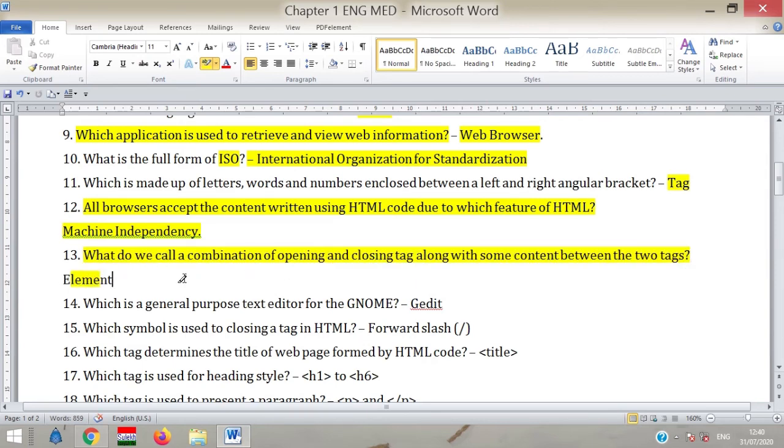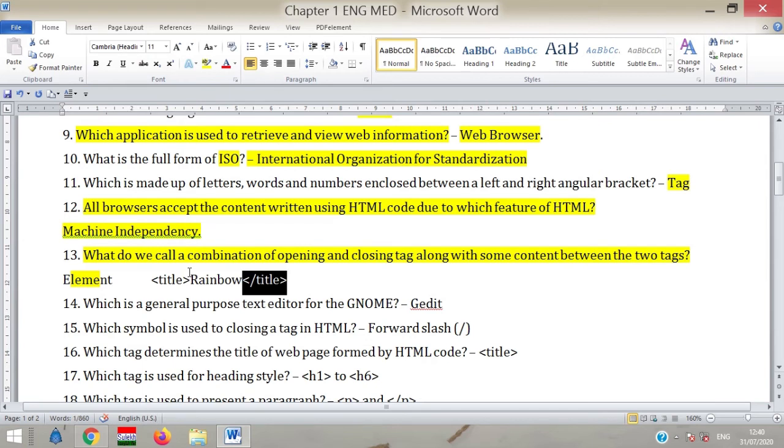Mind well, here I am giving an example. Suppose title tag, between it Rainbow, and slash title. So here title is an opening tag. Slash title indicates the closing tag.